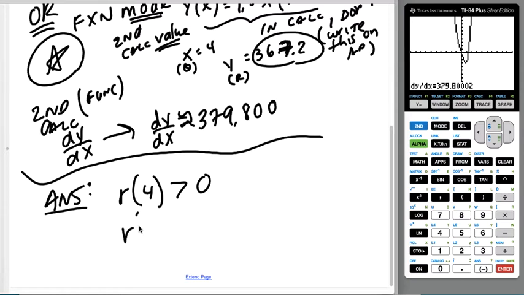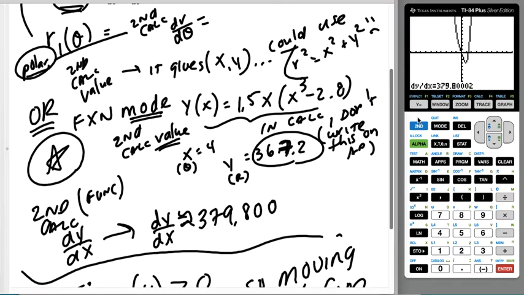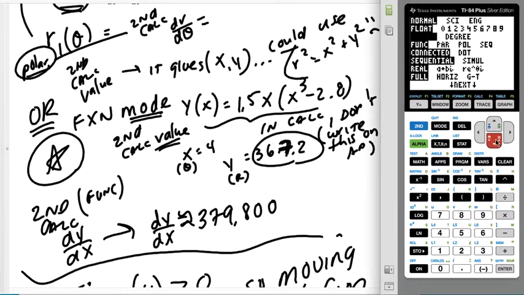It's positive. And R prime of 4 is also greater than 0. So it's moving away from the pole, right? Because if it's already positive and then it's getting more positive, then R is getting bigger, right? If I go back to mode for a sec and go back to polar, I do want to show